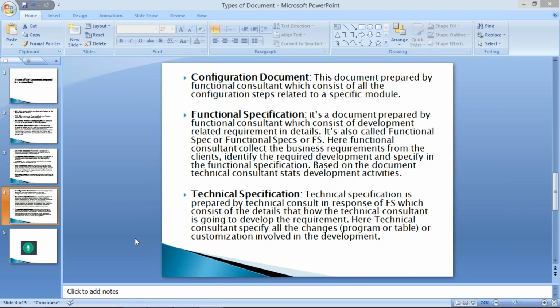So during an interview, people may ask, what do you mean by functional specification document? You have to say that it's a document prepared by a functional consultant which consists of all development related requirements in detail. What development related requirements in detail? First of all, in the functional specification, we are going to specify